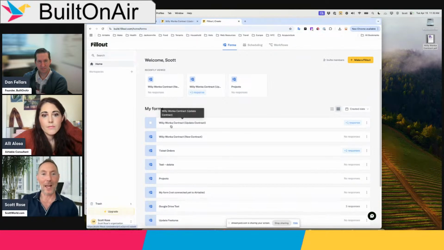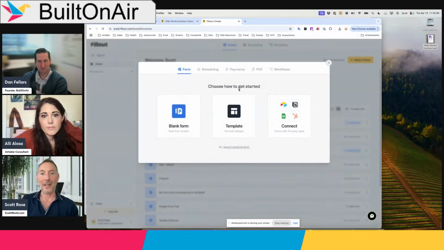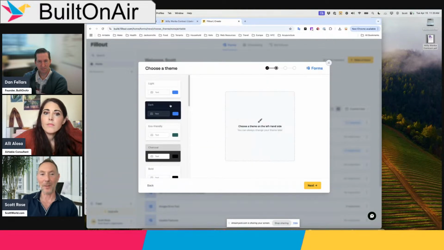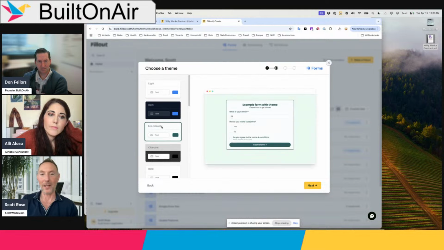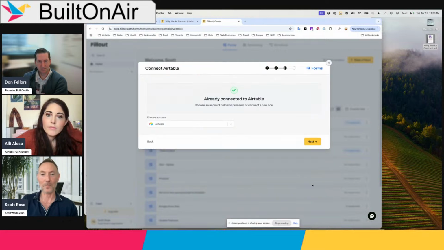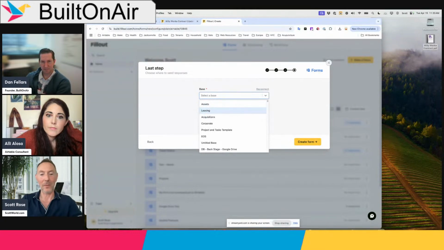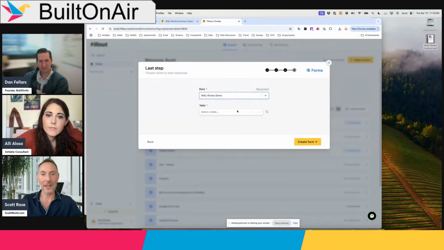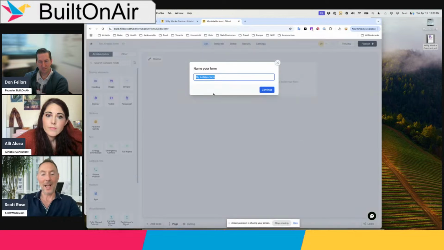So here's my Fillout main menu, my home screen. And you can see I have the two different contracts here, the new contract and the update contract. So I'm going to create a new one, and we're going to connect to Airtable, and you can choose whatever theme you want. I'll just choose the basic theme up here. And we're connecting to Airtable, and I'm going to choose my Willy Wonka base here, and we're going to connect to our contracts table. And then we will call this new contract